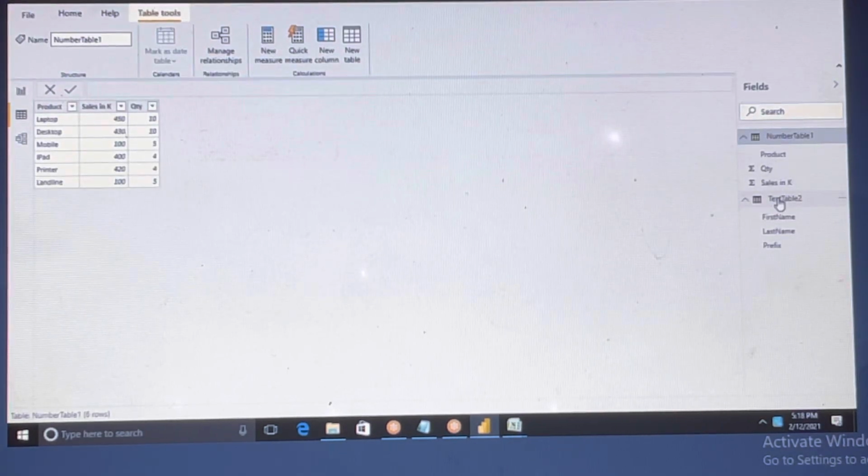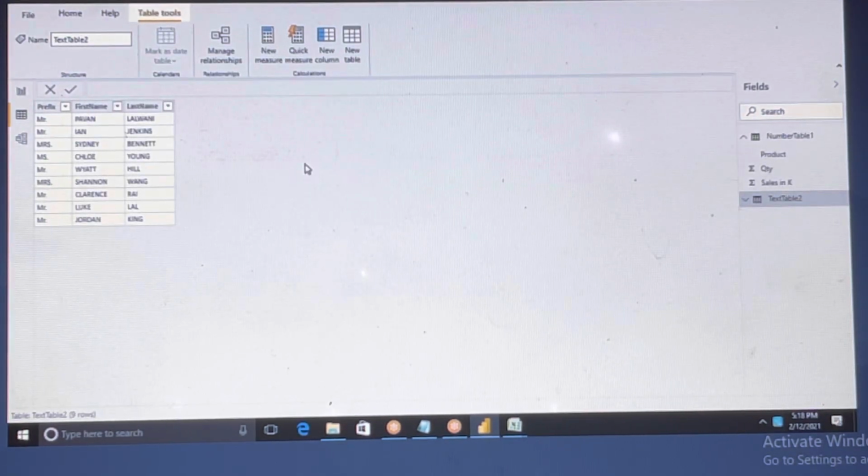For now we will talk about these text functions. I wanted to concatenate the data from all the tables. For example, see here we have new column, right? I will talk about the difference between new measure and column.